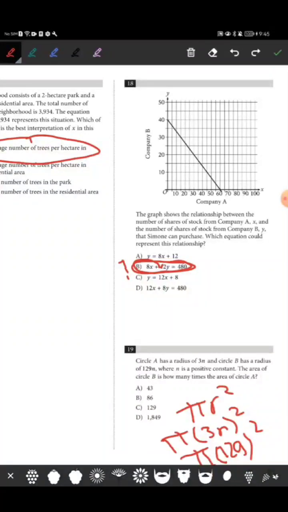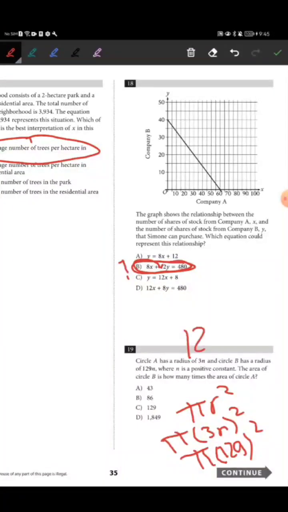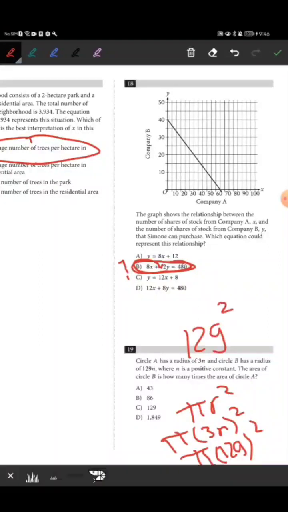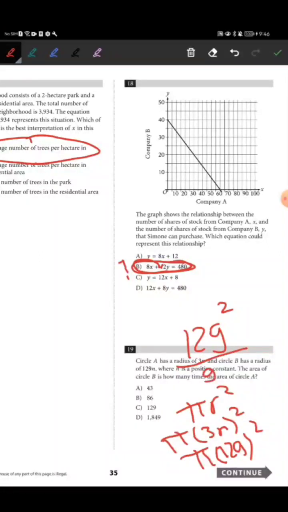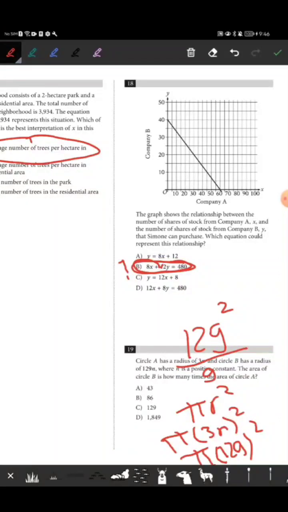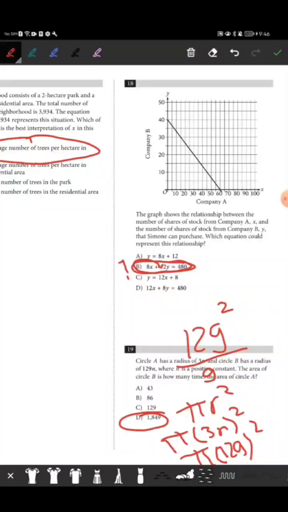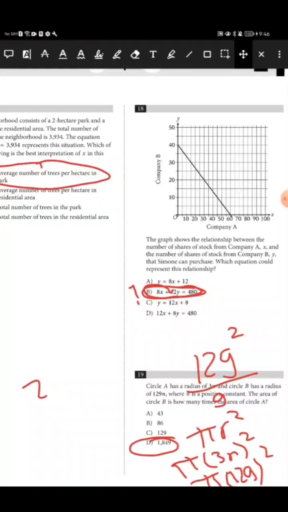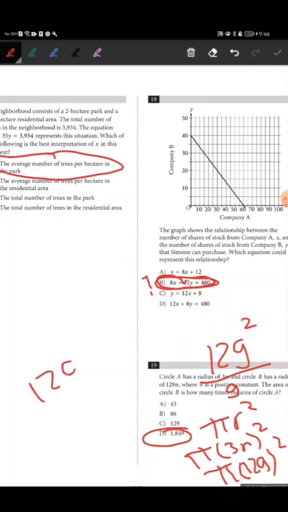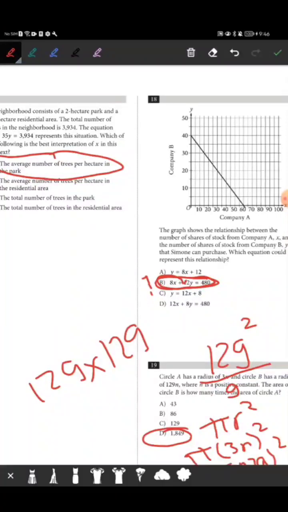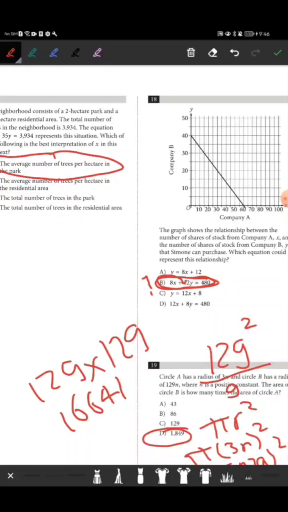So this is going to get us 129 squared over 9, which simplifies to 1,849, because 129 multiplied by 129 equals 16,641,